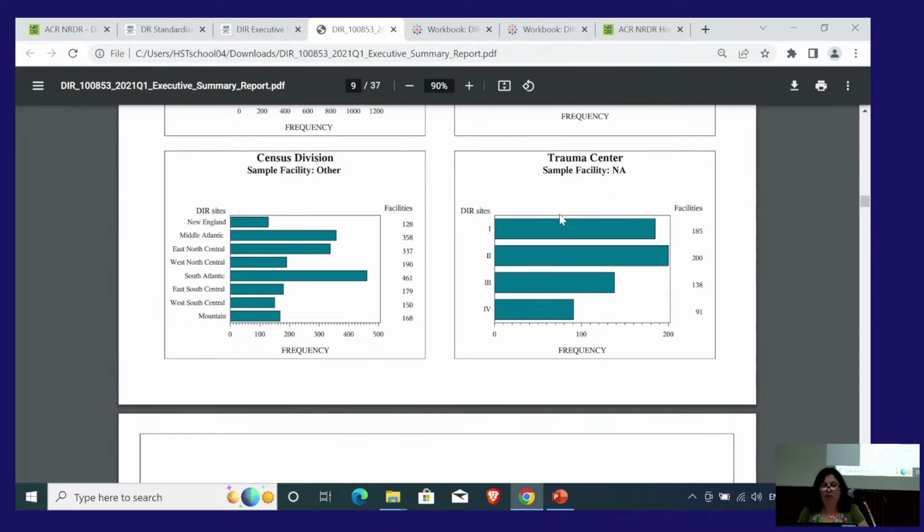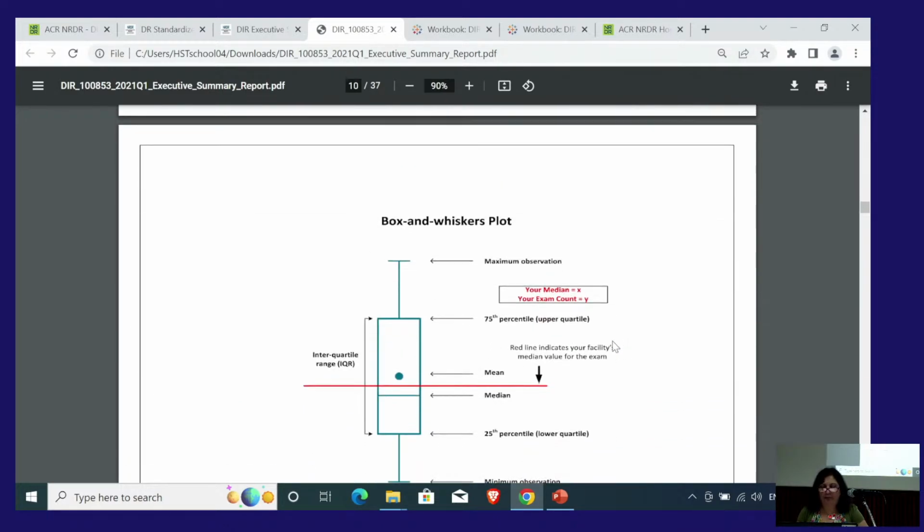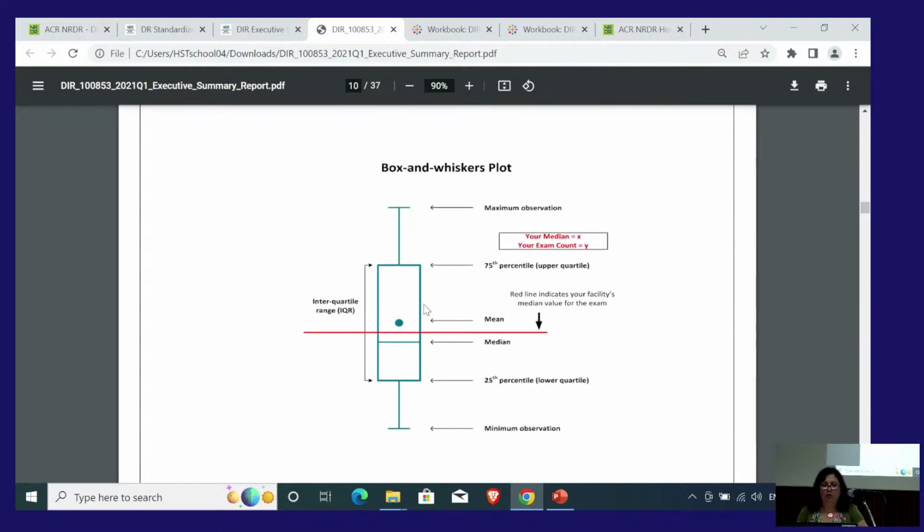And this, when I was the chair, I insisted that they put this in there. So thanks to them for listening to me, because it was very important to me that we had something to compare to. It shows you where your data is, which is the one in red. And Sam talked about the wonderful box and whiskers plot, which is fantastic because just looking at that one, you can see your whole dose spread for any